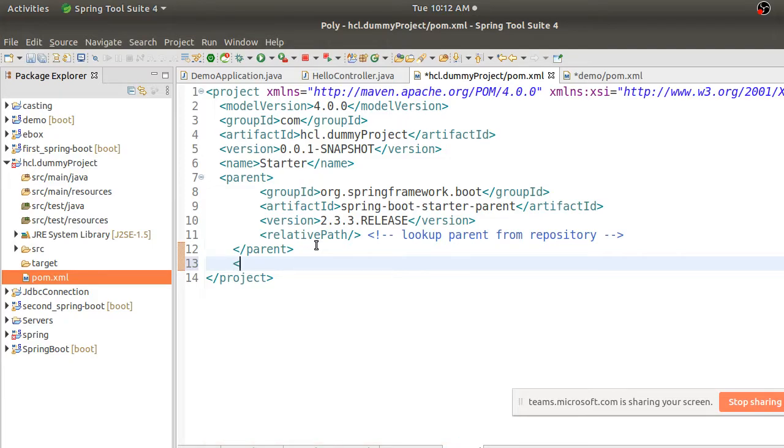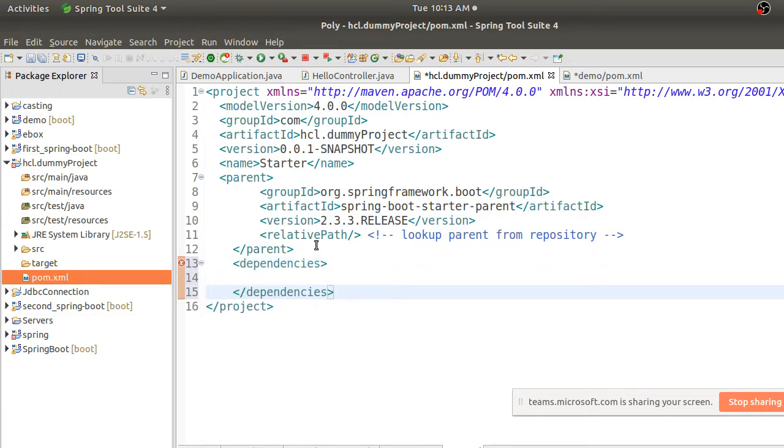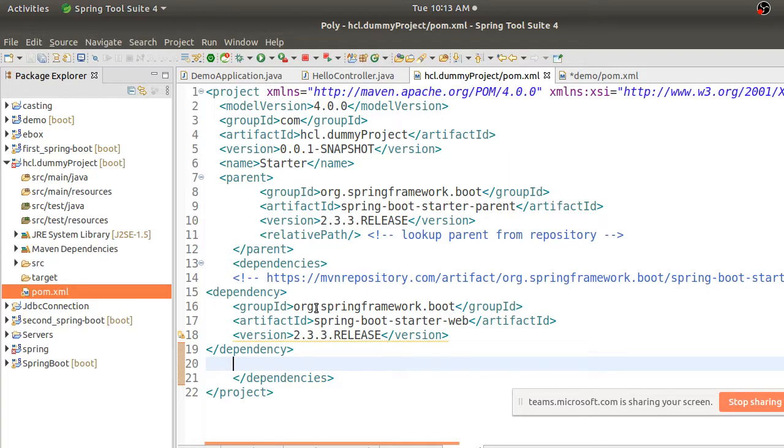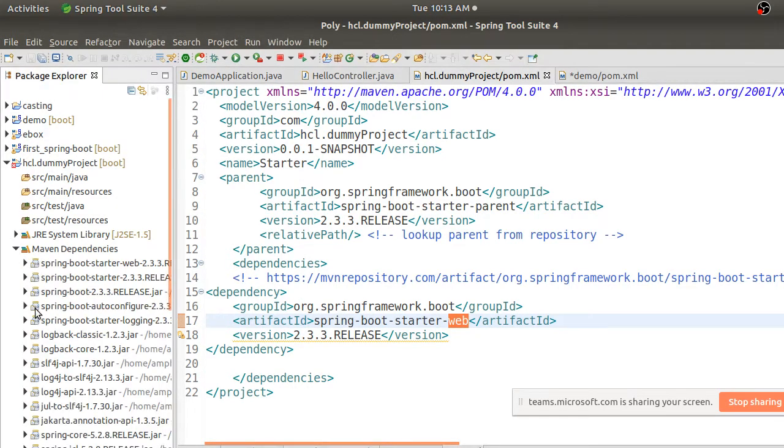So obviously I need a tag called dependencies, inside which I will add this copied dependency. The moment you do this, I have Spring Boot Starter Web as the basic dependency. These two will make your project act as a Spring Boot project. You can see the moment I add this dependency, your Maven dependencies are added here.